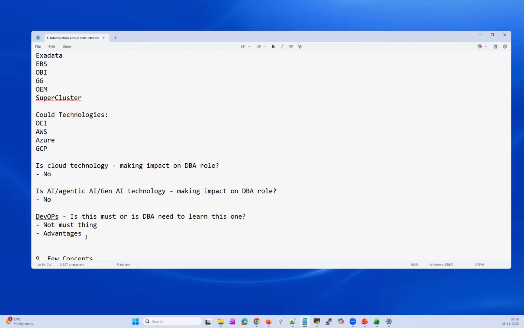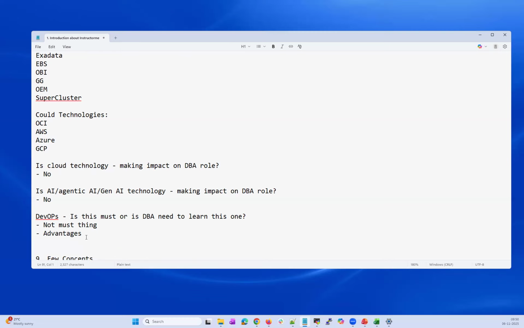A DBA should learn DevOps, but there are a few concepts within DevOps that will give you added advantages. For example, you can learn Python scripting, Shell scripting, Ansible, Terraform, and Kubernetes. If you learn those few concepts, you can use them in your day-to-day activities.